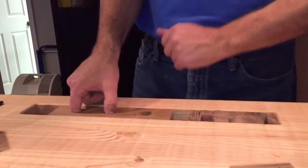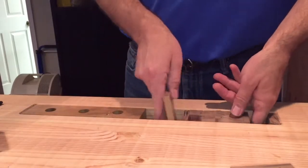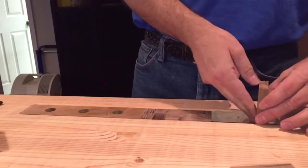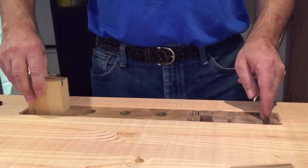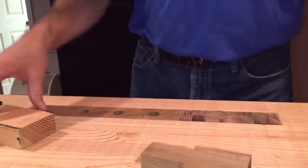So right now the vise wagon can slide back and forth. I have all of these loose shims in here. I have the one end wedge. What I want to do is clamp this board right in here, the tail vise. So to do that, I'm going to use